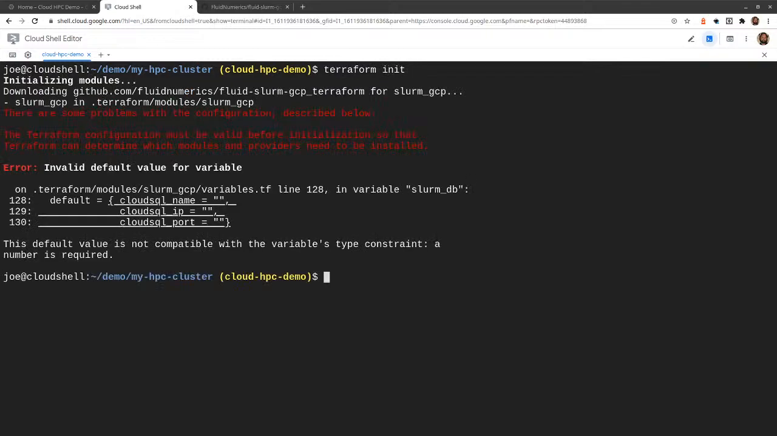Let's do the first initial setup here to allow us to use Terraform. So if I do Terraform init, this is going to set up all the providers for us. Of course, I've got an issue with,